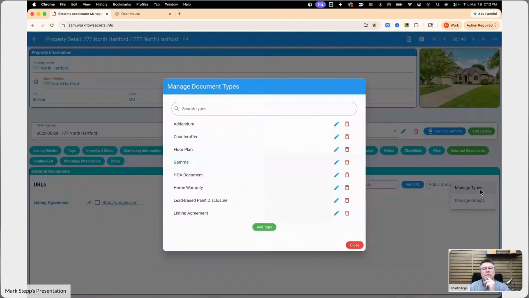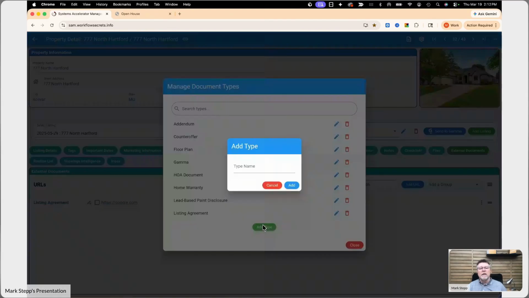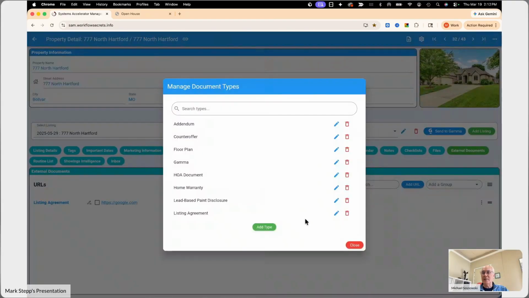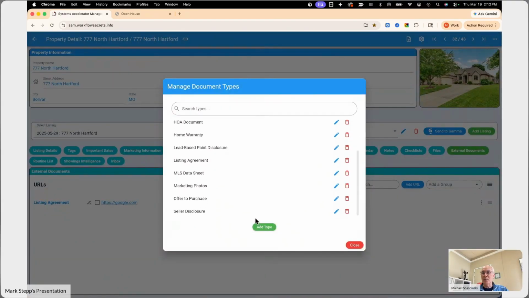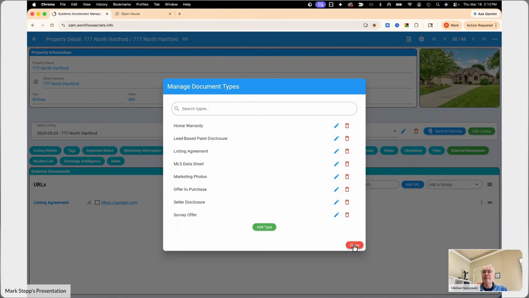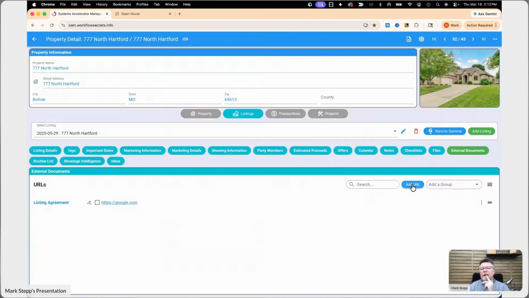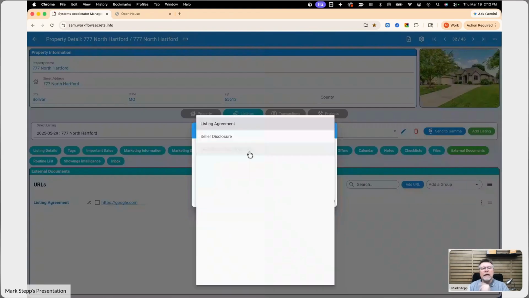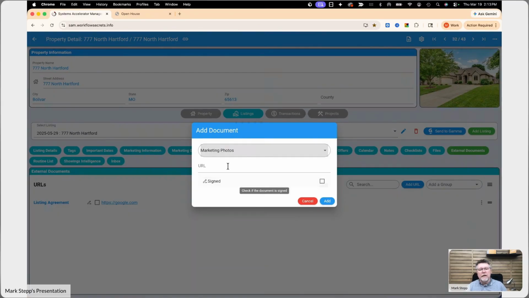So you can add different types of links. There you go. We might go in here and say social or marketing, marketing photos. Yeah, that's all I'm looking for. I just couldn't figure, I didn't realize that drop down was there to manage those. Perfect. So then I've got that, and whenever I go to add a URL, I could say marketing photos, and then put in that website,